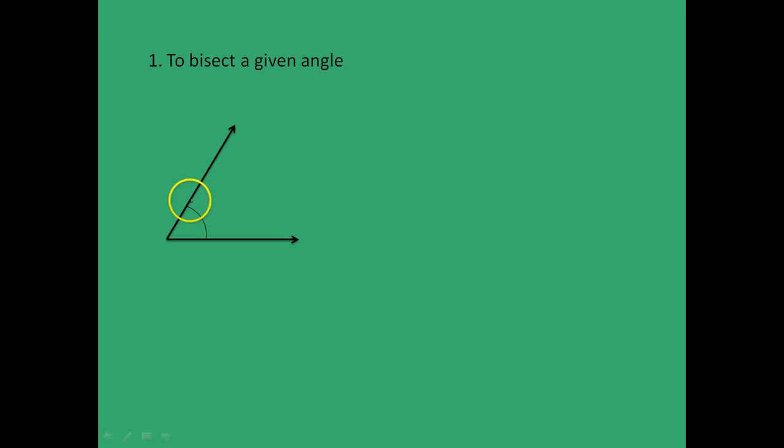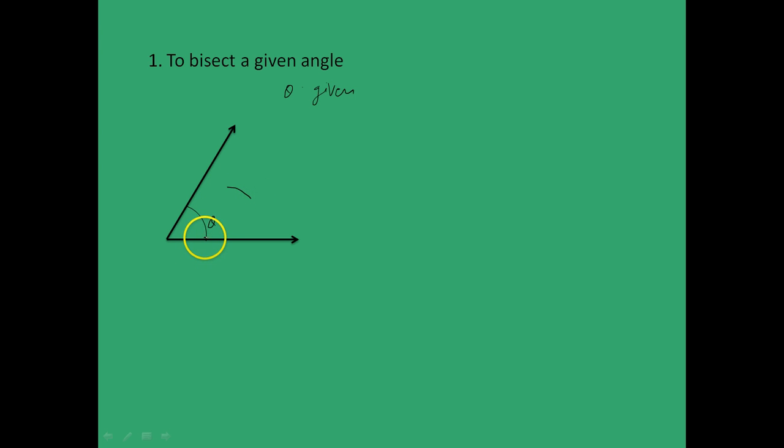Let's start with how to bisect an angle. This is pretty elementary. Say you have been given an angle, theta, and we are supposed to bisect this angle. First, start off drawing this angle with two rays, and then taking this point as the center, an arbitrary radius on your compass, draw an arc,